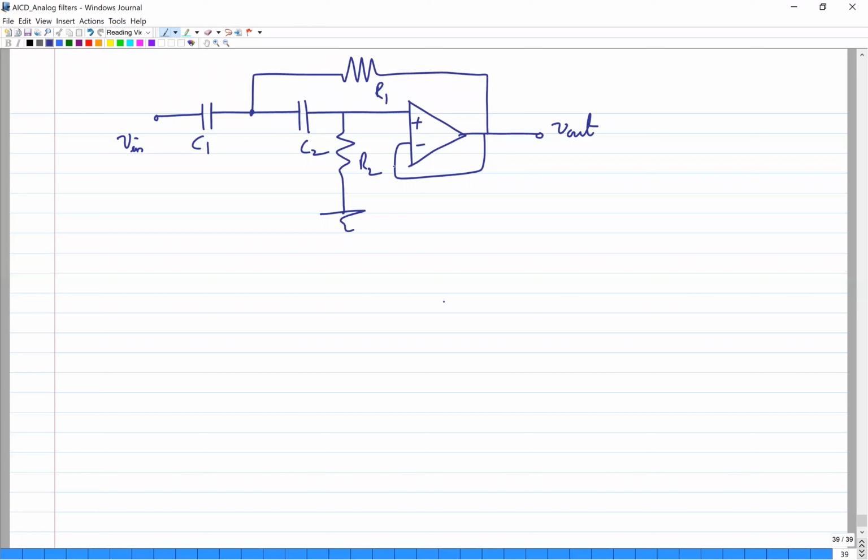So the same analysis you can do here, and you can arrive at the transfer function. You will definitely get a second order term in the denominator with s square. And so how does this work? For low frequency, capacitors act as open. Your output will be 0 because input will not come to output. At high frequency, both the capacitors act as short, and your input will be available at the output. So this is your Sallen-Key high pass filter.